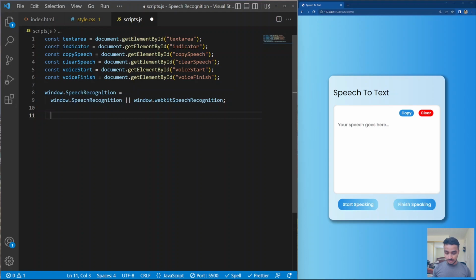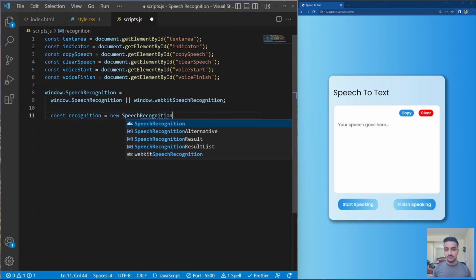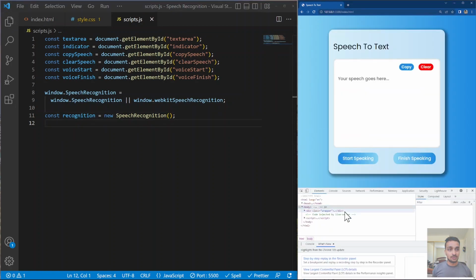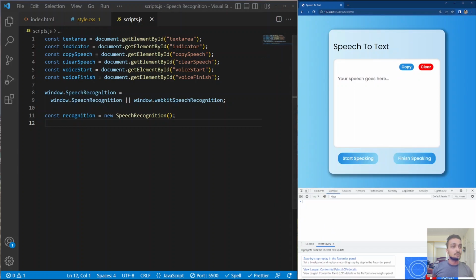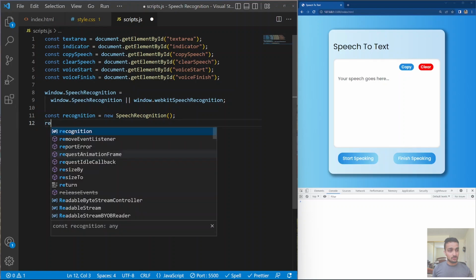So we can say const recognition equals to new SpeechRecognition. Okay, let's open our console so we can see any potential errors. After this, what we can do is get our recognition,